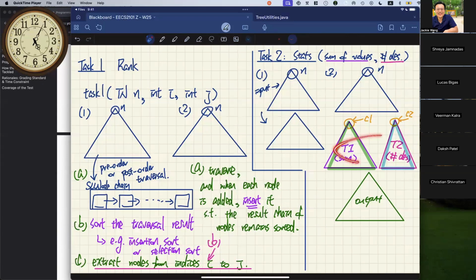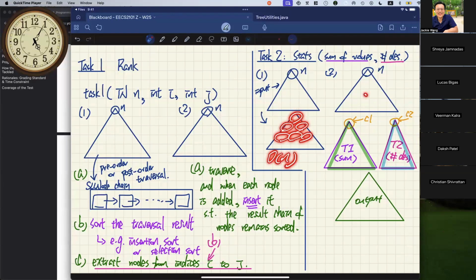You have to have some duplicate of the tree, but space is not really our concern right here. So if you talk about running time, it's really the same. Because for this one, if you try to extract both pieces of information in one go, there's no way around it. You have to visit all the nodes. So that's going to be big O of n.